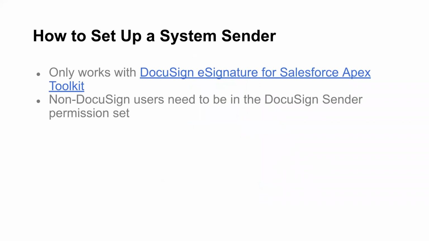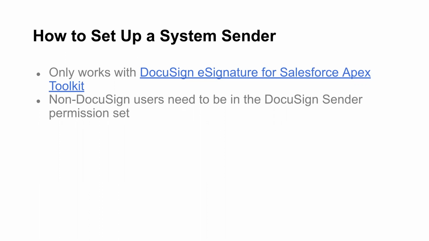Oh, thanks. And we're going to talk about that licensing model I talked about a second ago. When you want users in Salesforce to be able to use DocuSign components and to send signatures, each user has to have a corresponding DocuSign license. So if you have 10 Salesforce users that you want to be able to use DocuSign in Salesforce, you have to buy 10 DocuSign licenses to apply for these users.